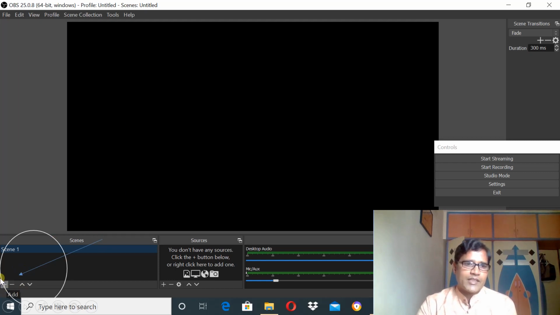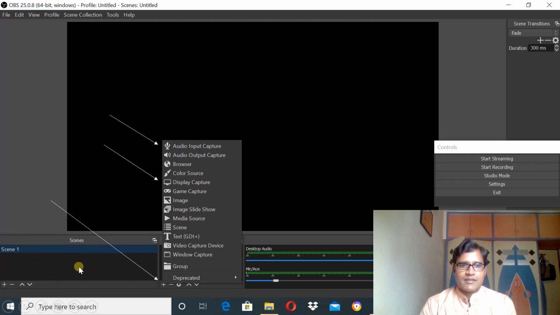See here, click on the plus sign, which means you are adding things. Now the scene 1 setting has started. Now see, click on this plus as the down arrow shows, which means what kind of devices you add in this scene 1.